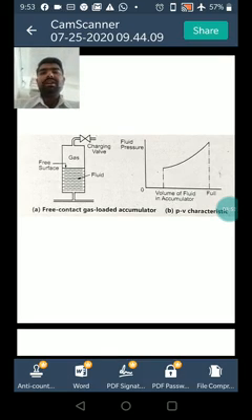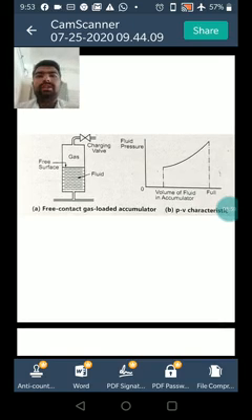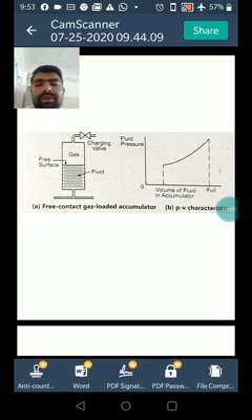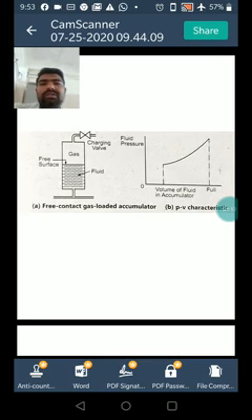Figure B shows the variation of oil pressure versus volume of oil in the accumulator. The pressure volume characteristic of gas is governed by the speed of gas compression and expansion, and can be any of the following. The next point: isothermal. When the expansion and compression of the gas is extremely slow, the process is isothermal, following the relation PV = constant.